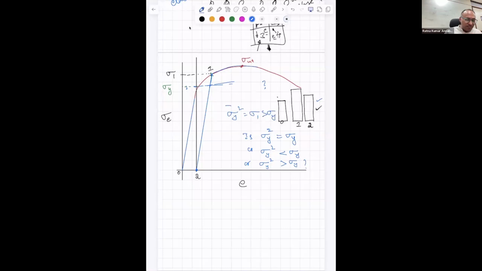Which basically means that when you are doing the strain hardening, this is what we call hardening. Hardening means it is harder to plastically deform the material. That is the reason why at this point the yield strength will be higher than the yield strength here. Which means as you are deforming a material, for example, you have taken the specimen and